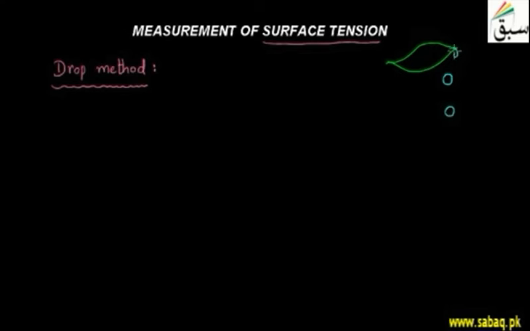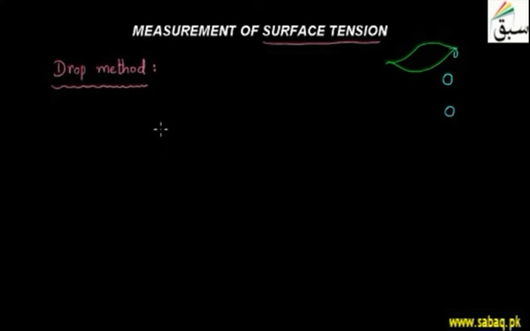Then next we see determination of surface tension and interfacial tension. The first method is the capillary rise method, in which only surface tension can be determined. The second method is the Du Noüy tensiometer, in which both surface tension and interfacial tension can be determined. The third is the bubble pressure method and the fourth is the drop weight or drop count method, in which both surface tension and interfacial tension can be determined.